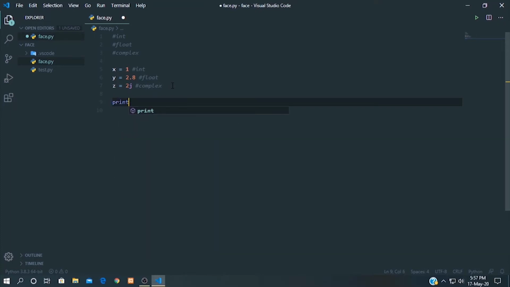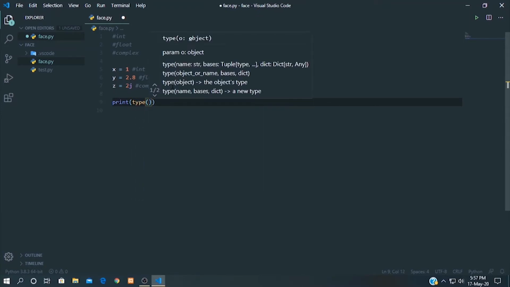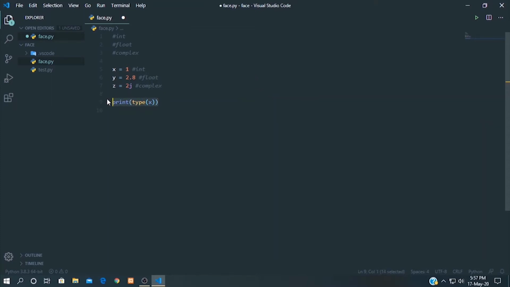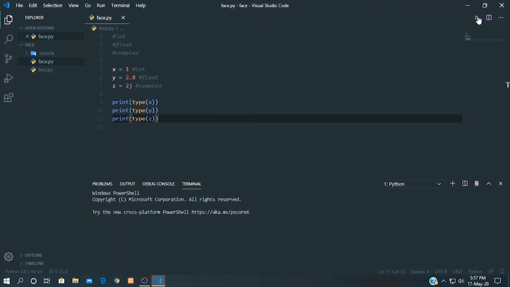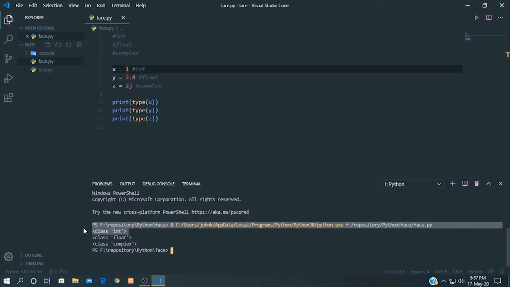Let's print type x, y and z. So x is an integer, it's showing class integer.